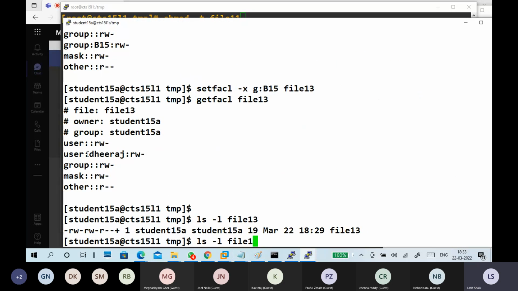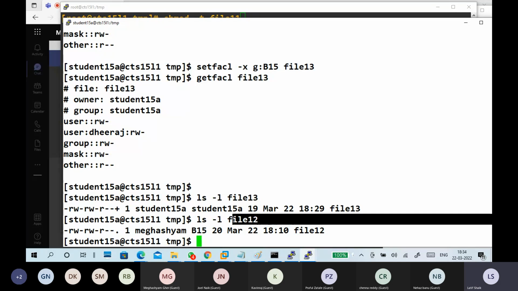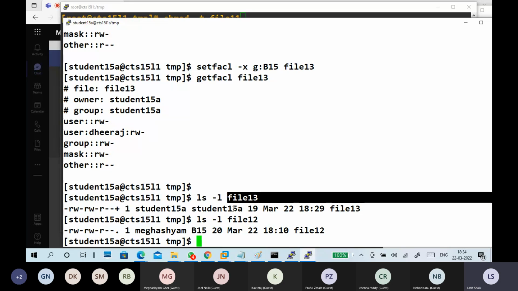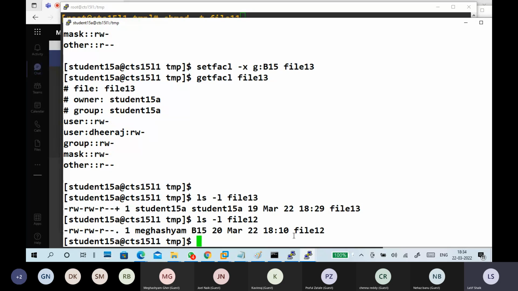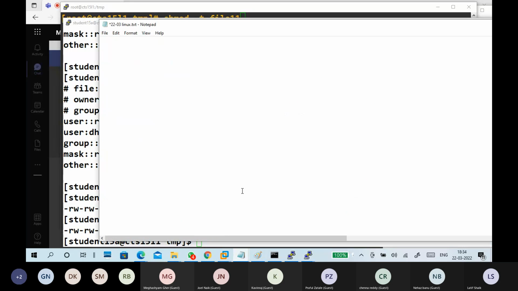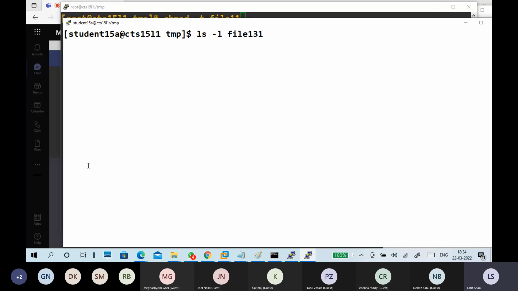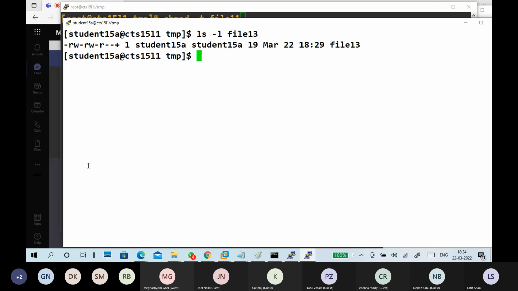This is F12, this is F13. In the permission there is a small difference. A plus is there, sir. You tell me? Plus, very good. Normally it shows a dot there. It is showing a plus. The meaning is